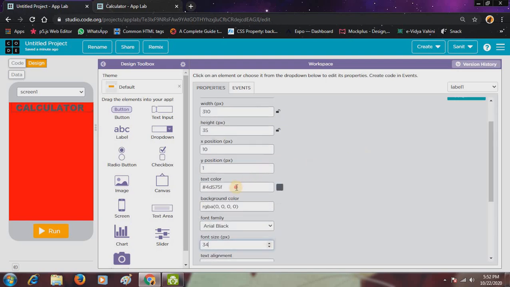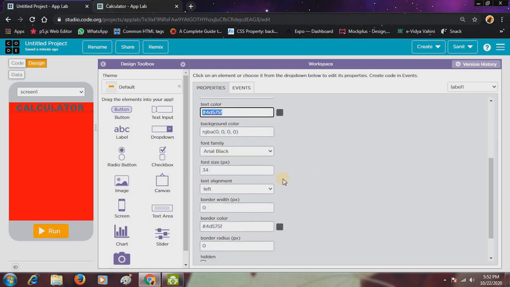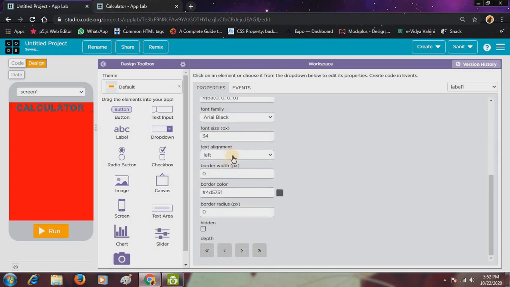Okay, here you can change the text color also, and here text alignment I will set it as center, so it came in the center. Now you can change the border color also, border radius also. Okay, now I will change its font.